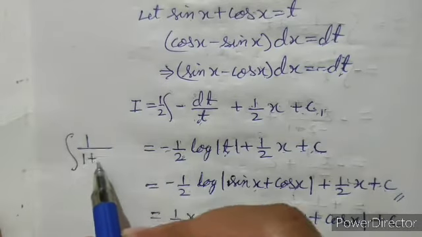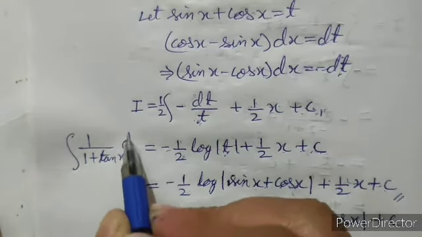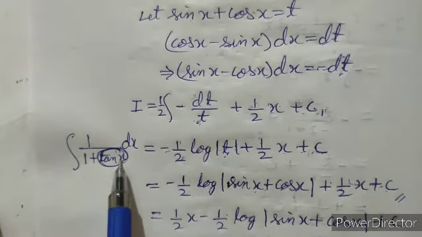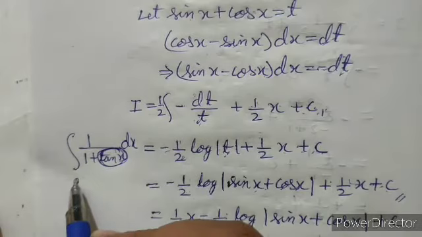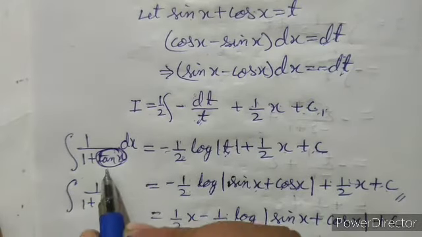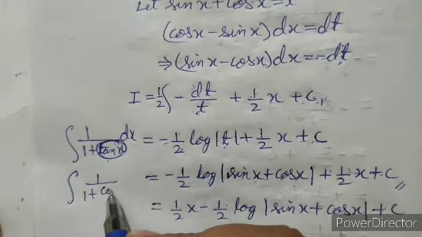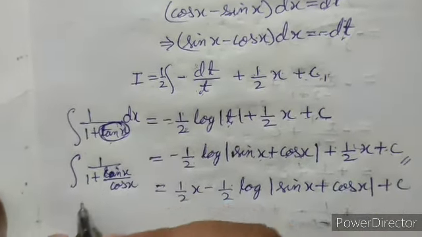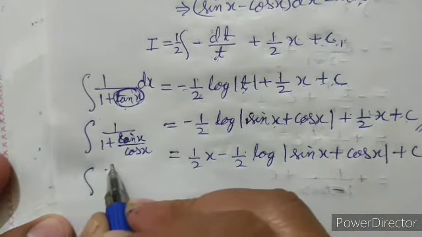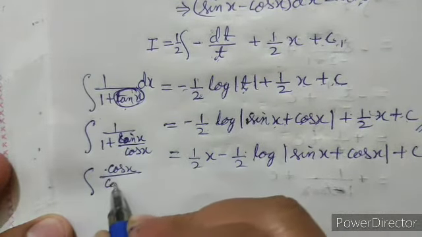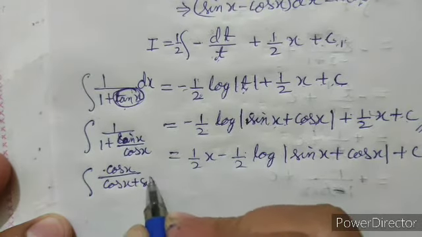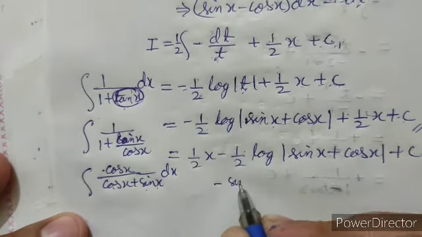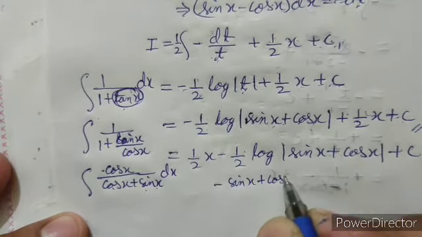Similarly, we can solve the integral of 1 plus tan x dx. Here also we will add 2 cos x. Now here we will convert this tan x into sin x upon cos x, and which on taking LCM will give us cos x upon cos x plus sin x. Now here also derivative of cos x plus sin x will be minus sin x plus cos x. So we will